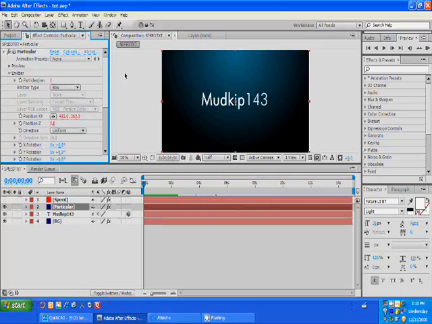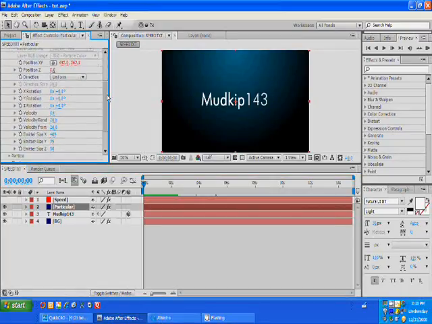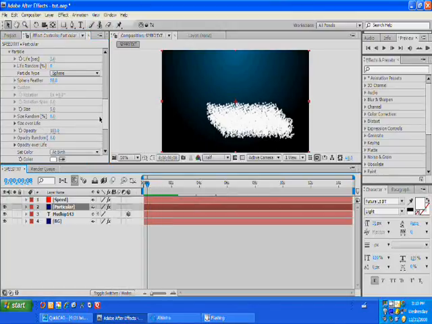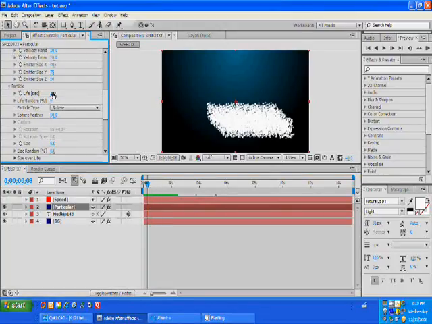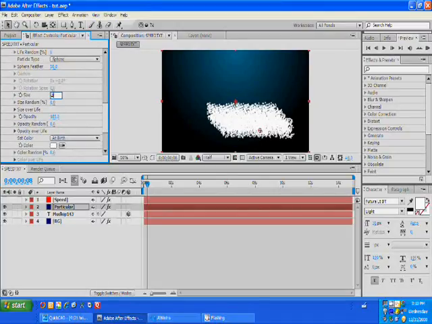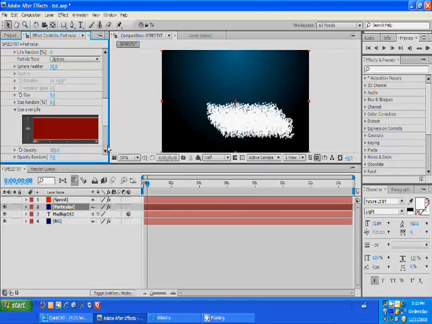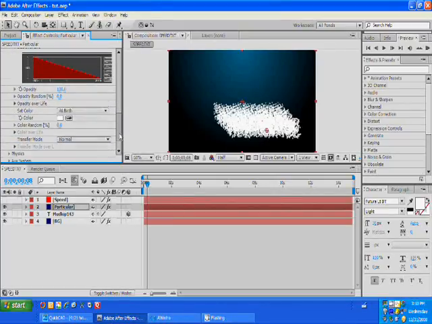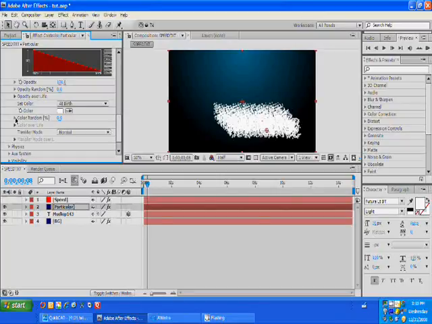Back into Particular, go to effect controls. Okay, we want to go to the particle. Let's get to the point where it's like that maybe. Go to particle, change the life to 0.8. We'll keep the size at 5. Size over life, drag that out. We want it to be this ramp so they get smaller as they go on. We want the color to be